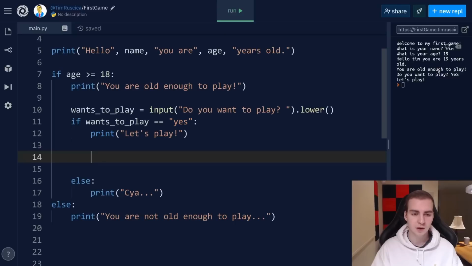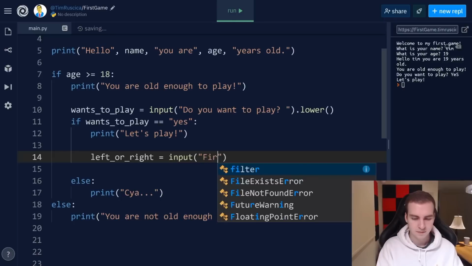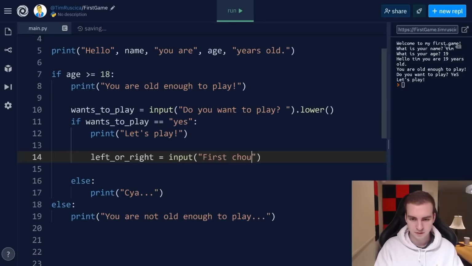What I'm going to do in here now is ask another question, and this will be the first decision that we want to make. I don't know what I want to make it. I think I'm going to go with the classic, do you want to go left or right, as our first path. But you guys can make this whatever you want, and feel free at this point to change around some of the stuff that I'm doing and make it your own, so long as you understand what's happening. So I'm going to say left_or_right equals input, "first choice"